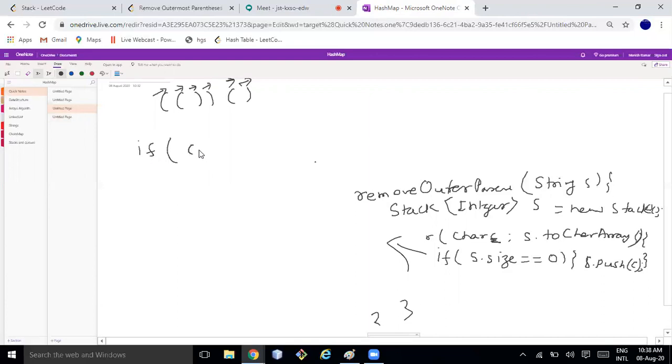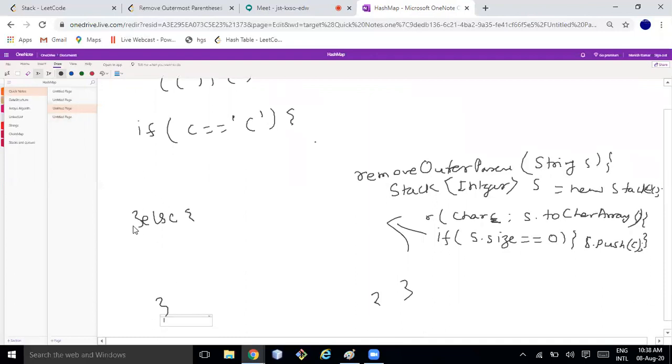If c is equal to this, else it will be the other thing, because it's already mentioned in the condition. So these are my two conditions. Then if this is the case, here only I'll check if s dot size is equal to 0.